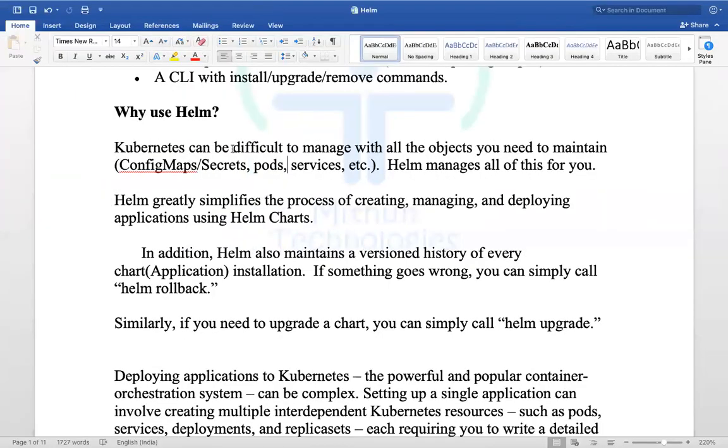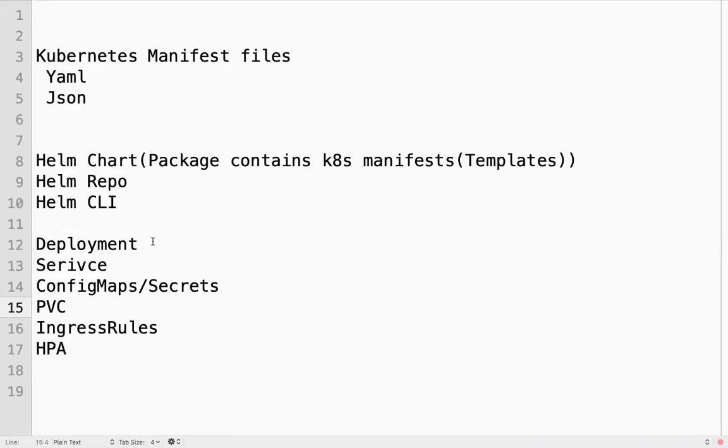So Kubernetes can be difficult to manage with all the objects you need to maintain, like pods, services, deployments. So how are we creating each object? Each object we are writing as one manifest file.